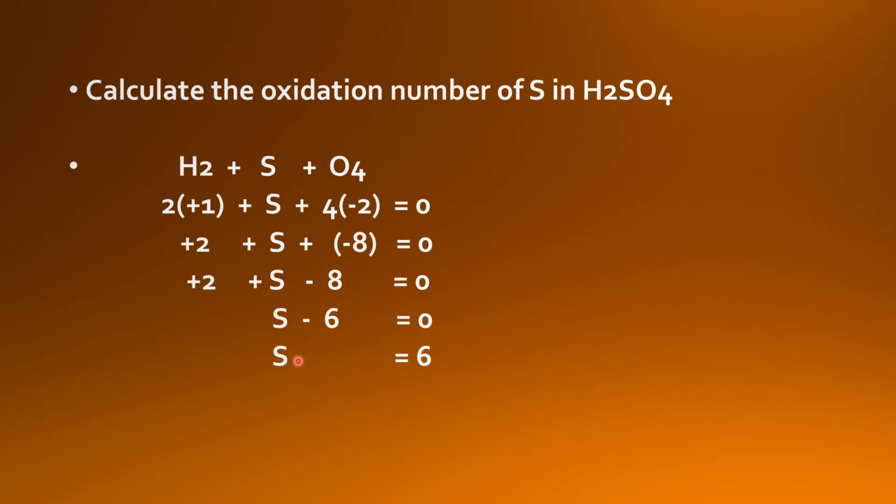Now we will verify that when we put the oxidation number of sulfur as +6, we get a neutral molecule: hydrogen +2, sulfur +6, and the 4 oxygen atoms will have the oxidation state of -8. When we sum this up, our answer is 0. This verifies that the oxidation state of sulfur is +6. Okay, hopefully all of you have got the points. Now, what is the message of today? Read it carefully.